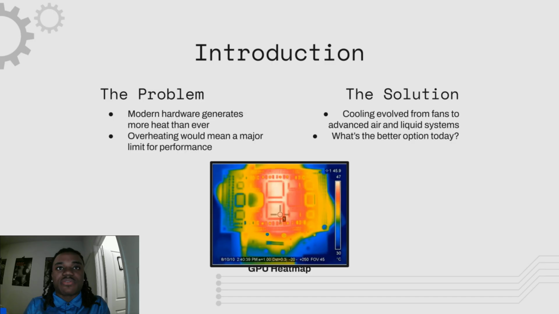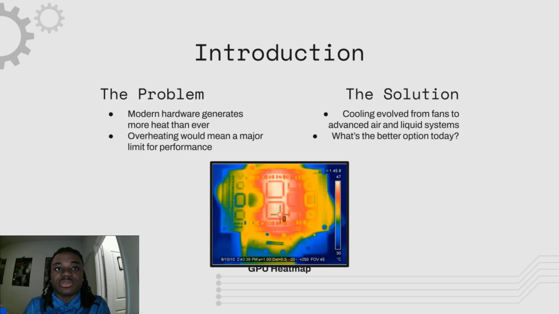As processors and graphic cards have advanced, they've also started generating much more heat. This heat can significantly limit performance if it isn't managed properly. The image shown below is a GPU heat map, and it shows exactly what happens inside a system under load. The white and bright red areas represent extremely hot regions, usually the GPU, while the yellow and blue areas are cooler. You can clearly see how heat concentrates heavily in one area, and without proper cooling, these temperatures can quickly